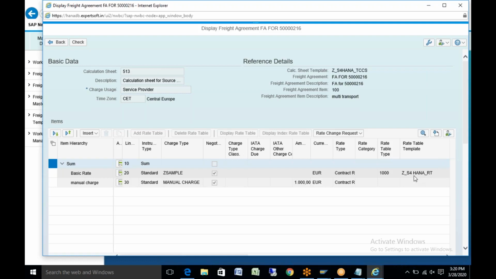But if you follow the sequence, we have created a freight agreement. Within a freight agreement, we have a charge calculation sheet, and every charge calculation sheet is linked to a charge type, and every charge type is linked to a rate table. That is the sequence. Okay. Now, if I click, for example, this one, there are a few attributes which you can see down below. If I go down now,